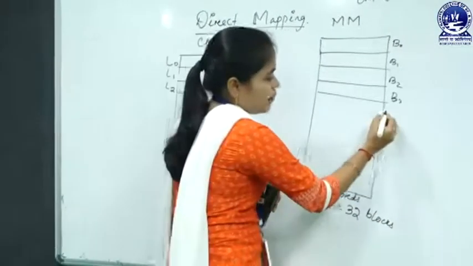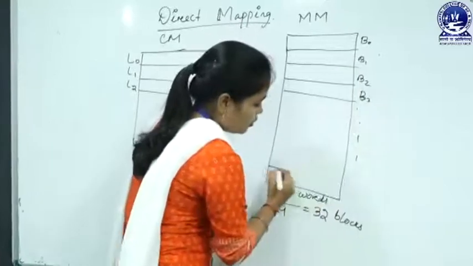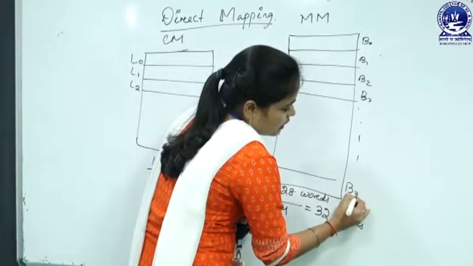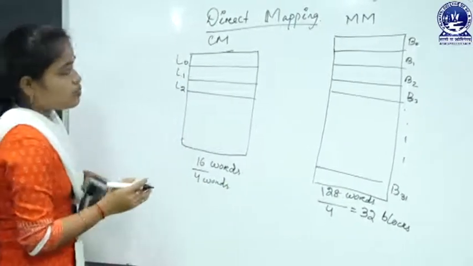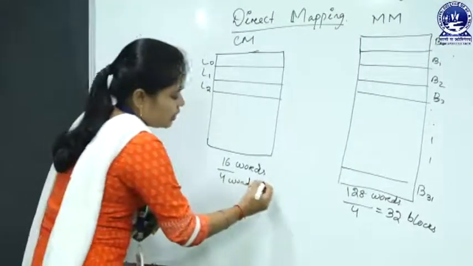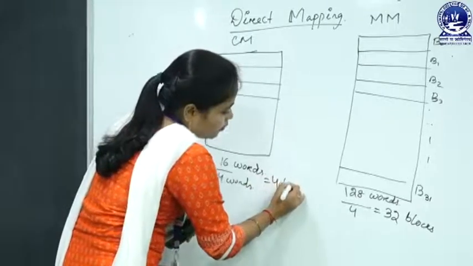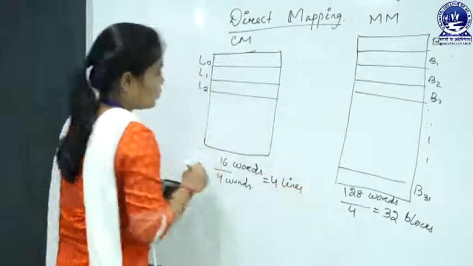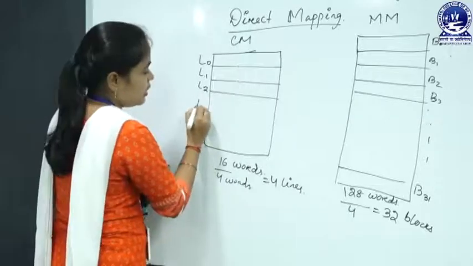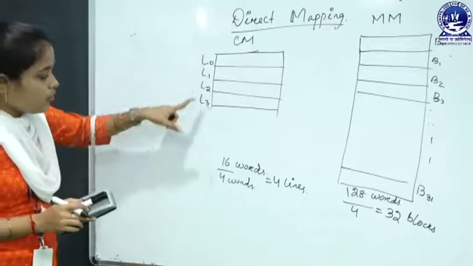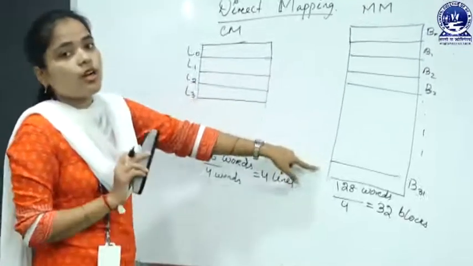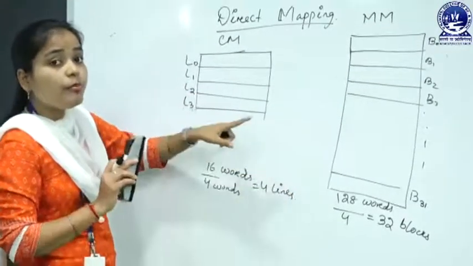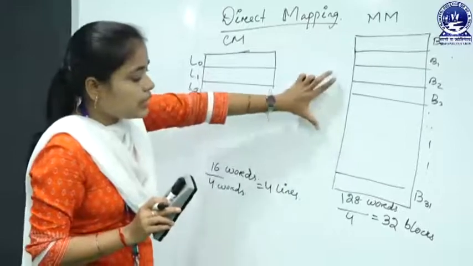That means we have blocks from B0 to B31. And how many lines do we have in our cache memory? It is 4 lines: L0, L1, L2 and L3. So there are 4 lines in the cache memory and 32 blocks in the main memory, and we have to map these 32 blocks